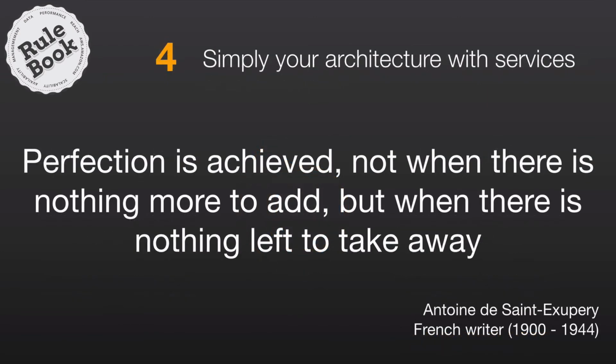Something that we hear from a lot of customers is that there's a lot of benefit from simplifying your architecture using AWS services. And I really like this quotation from this French writer from the early part of the 20th century who said, "Perfection is achieved not when there is nothing more to add, but when there is nothing left to take away." He probably didn't think about IT architecture when he wrote that quote, but it's one of the most relevant quotes as far as I'm concerned when considering how to improve the architecture for an IT service or application. If you take stuff away, there's much less for you to worry about and much less to